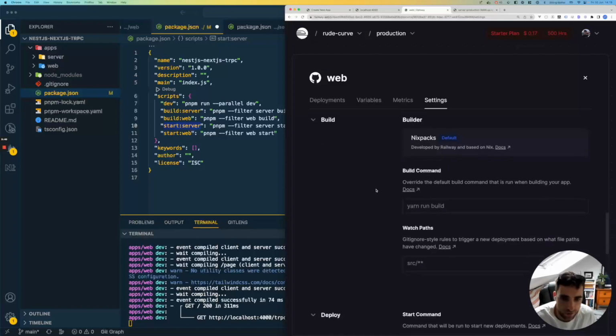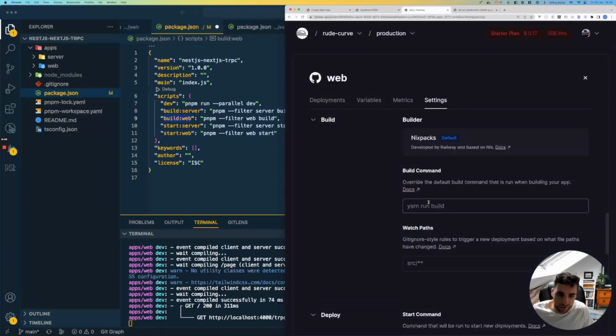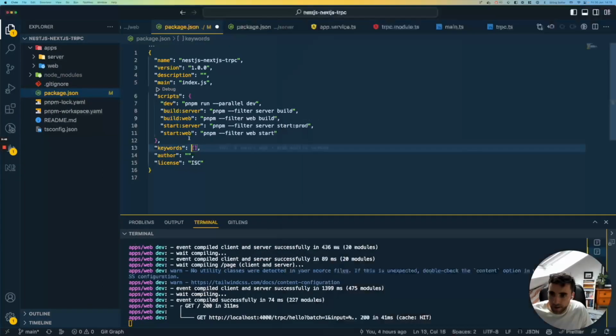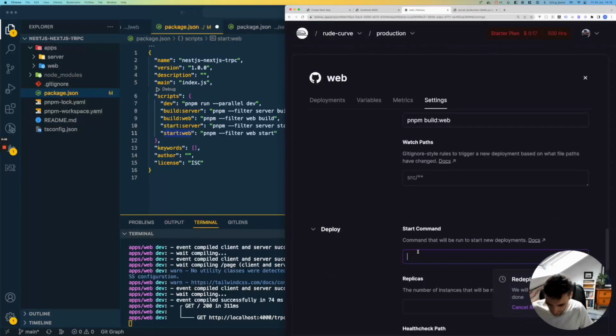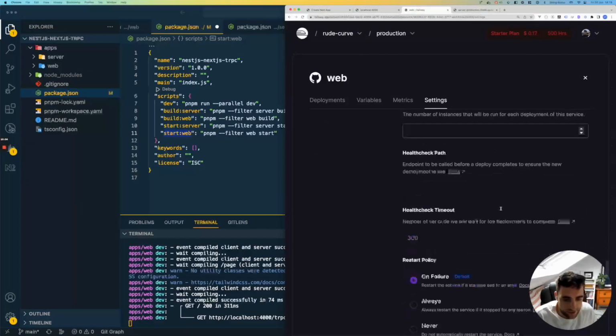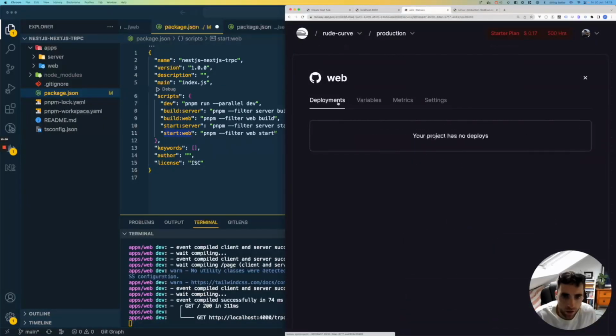And then we'll go down to the build commands. And again, we want to come over here and just grab what we defined. So it'll be pnpm build web. And then the start script is pnpm start web. And then we will also define a watch path. So we'll go apps web. Cool. Okay, so this deployment will now fail, and